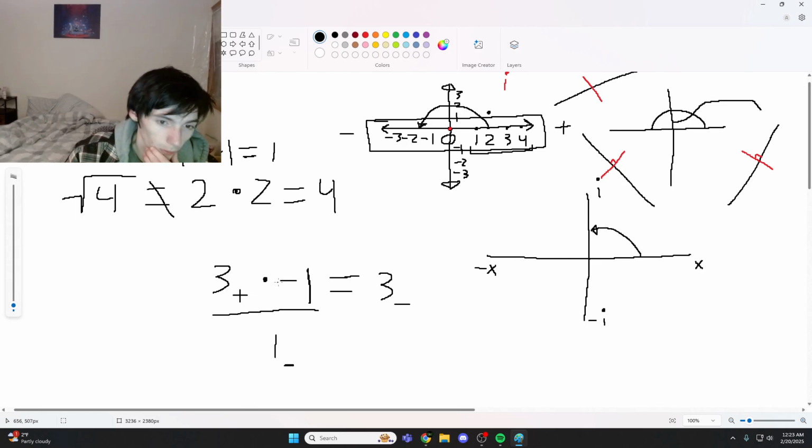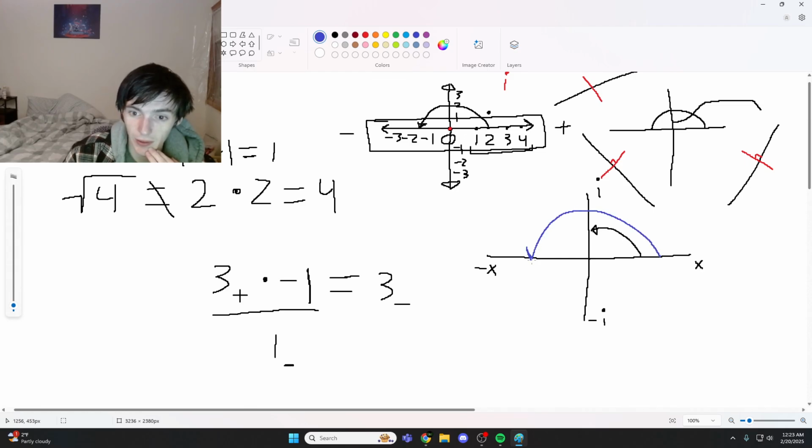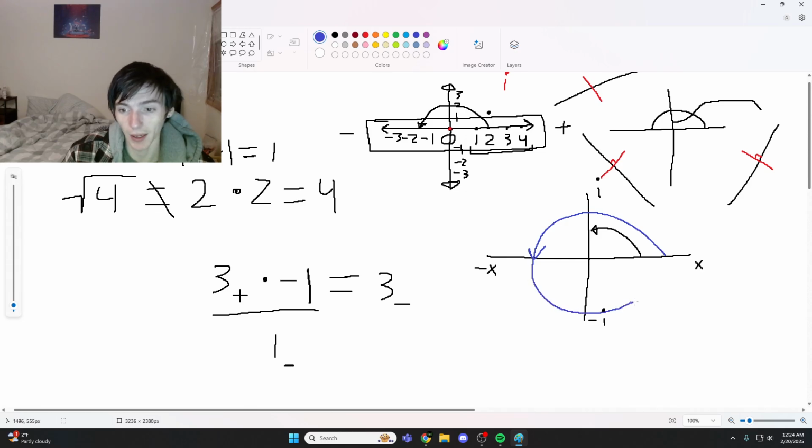So when we multiply by -1, I'll denote that in blue here. If we multiply by -1, we go like this. And then if we multiply by -1 again, then we go back to the positive, right? But we've just imagined, you could say, a new kind of space here that we can sit in when we multiply